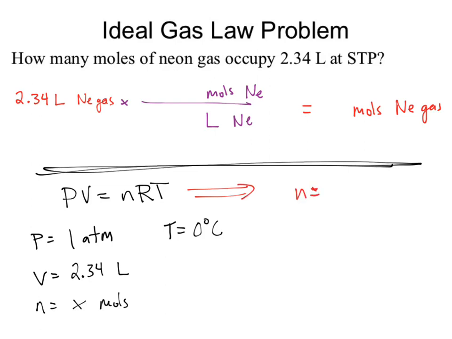N equals, yeah, it's a horrible standard. This was a discussion we had earlier. You should go back and watch those videos. N equals PV over RT. Okay? And we can start to substitute these things in. N will be equal to 1 atmosphere times our volume,